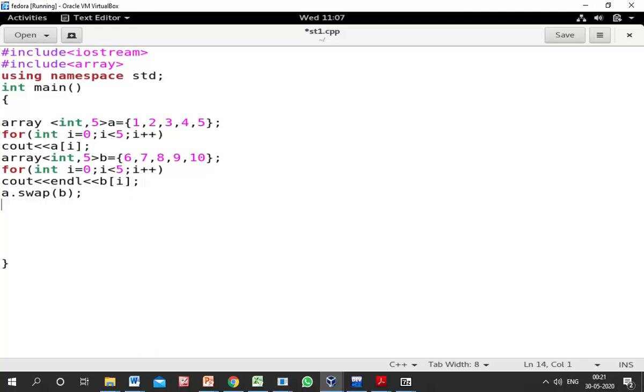Now after swapping I will print both these arrays. So I'll print cout after swapping values of a is equal to,